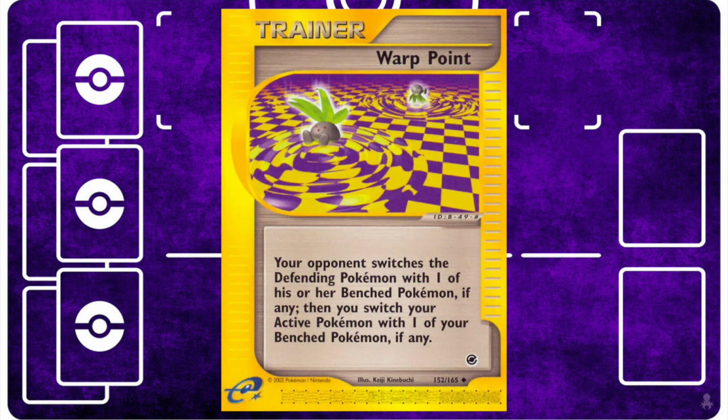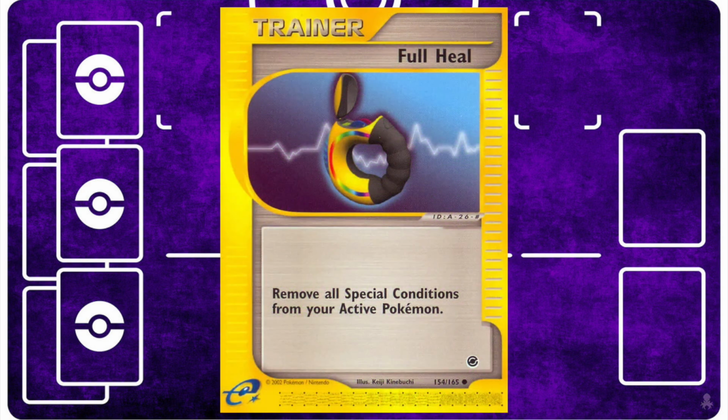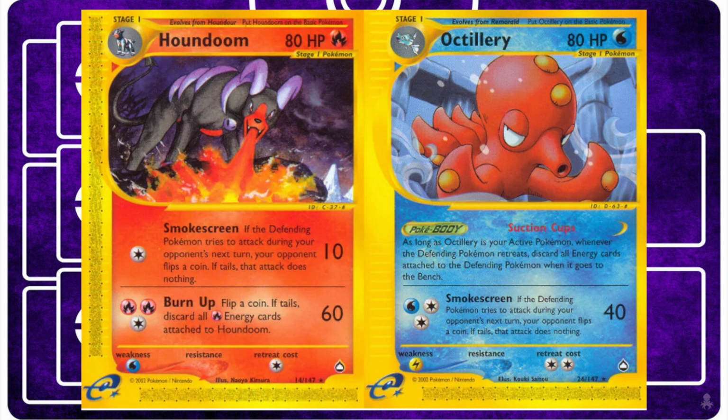If this type of matchup is a concern, then putting in a few copies of Warp Point and/or Switch is probably a good idea. Full Heal is another option that some decks opt for. To really experience this deck, you kind of have to play it within the metagame. It's not enough to just talk about how good it could be and the reasons why, so I encourage you to give it a shot on TCG1 or in person if anyone's actually playing e-cardboard,